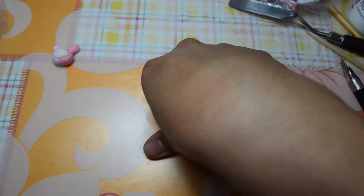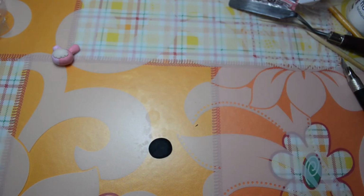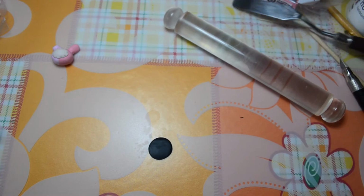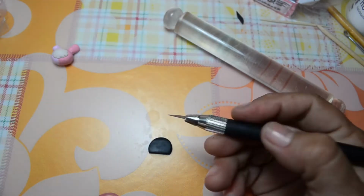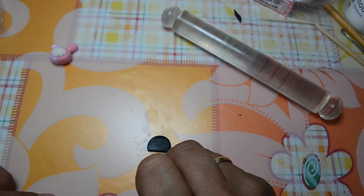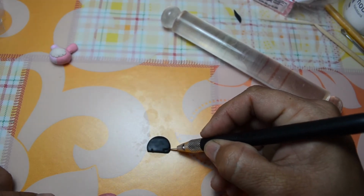You can just press it like this if you don't have a rolling pin, or you can use a rolling pin so it gets better. Then we are going to cut it like this. So this is the base, and with a cutting tool like this we are going to make a cut there, there, there,